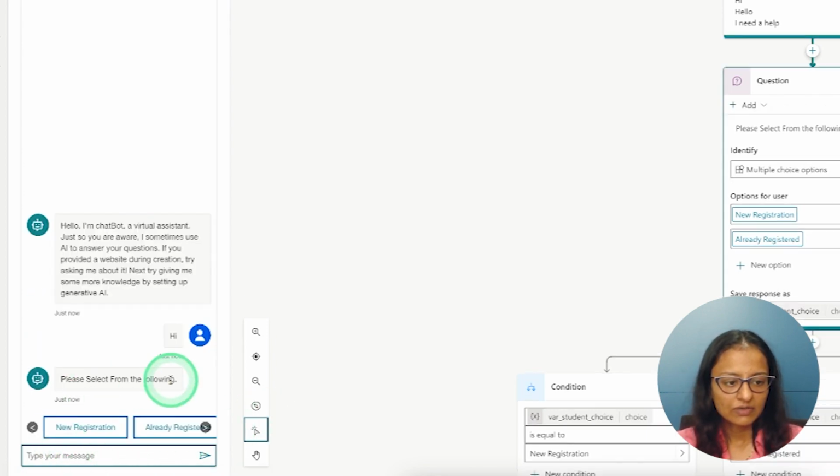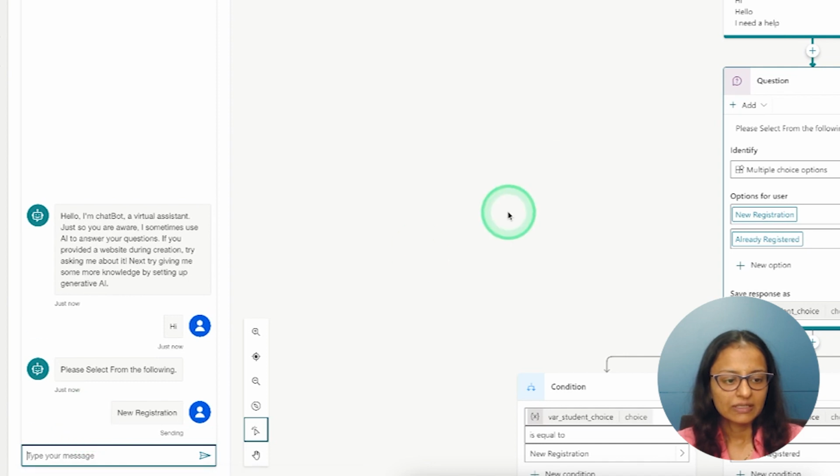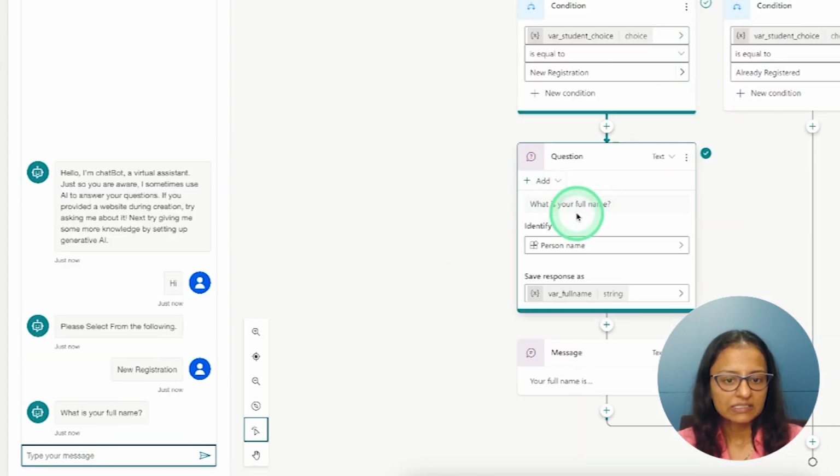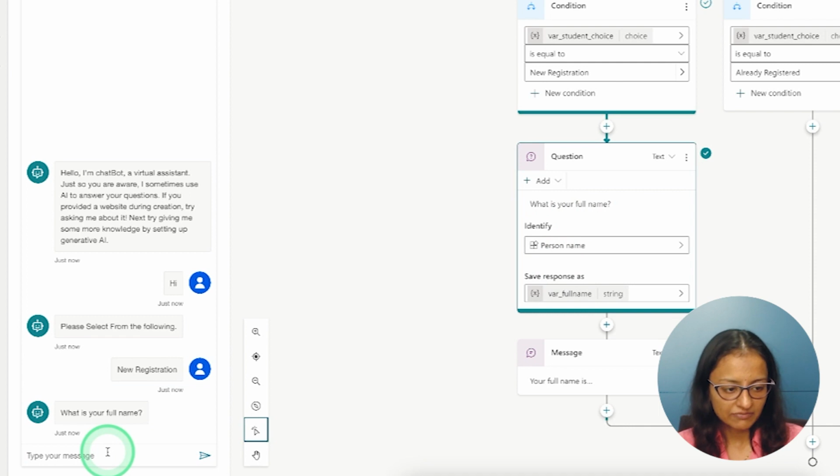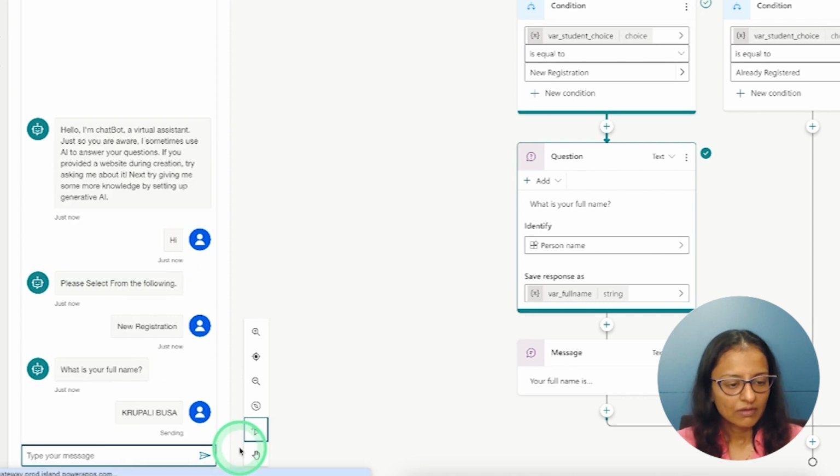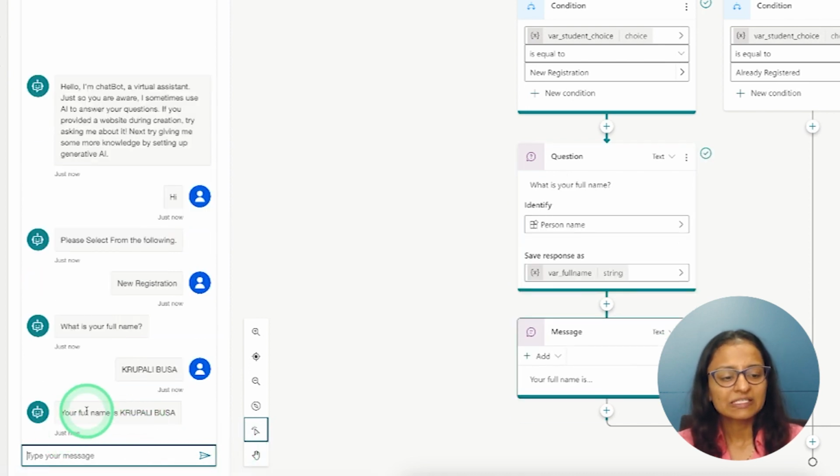Then it will ask for new registration. Then see here, it will ask the name, what's your full name. Let's say I'm entering my full name as Rupali Bhusa. Then the chatbot is printing whatever the user entered. So your full name is Rupali Bhusa.